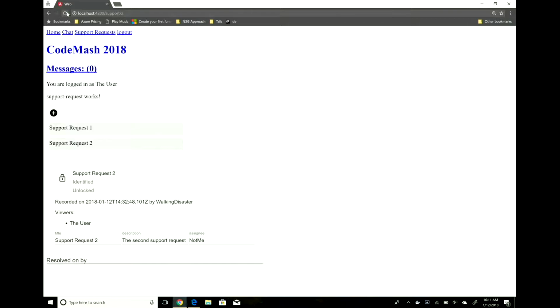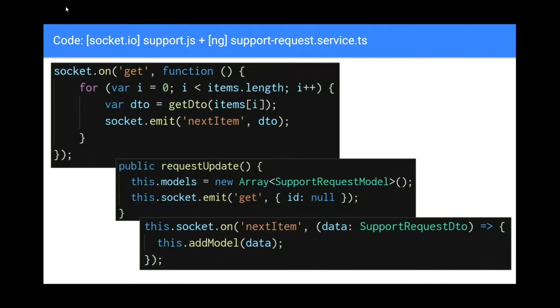With the socket, we're able to, if we go back, simplify both our implementation and what's happening on the server, right? So all the server does is it says, hey, look, I got this get event. What I'm going to do is I'm going to get my items, and then I'm just going to iterate over them and emit them, right? On the client side, it's also very easy because we say, hey, look, if somebody requests an update, like, for example, when you load a page, I'm just going to emit the get event. Oh, and if there's another item, I'm going to display the item, right? So this works both if I do it through request update or